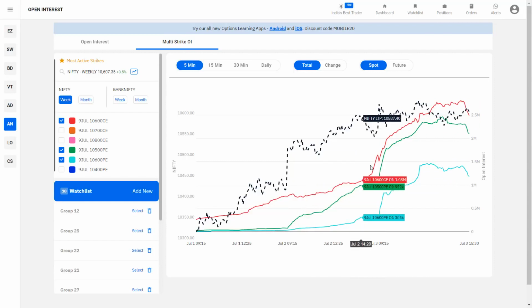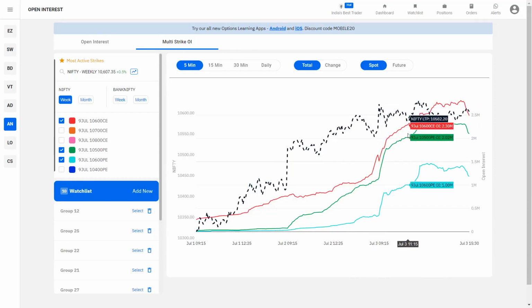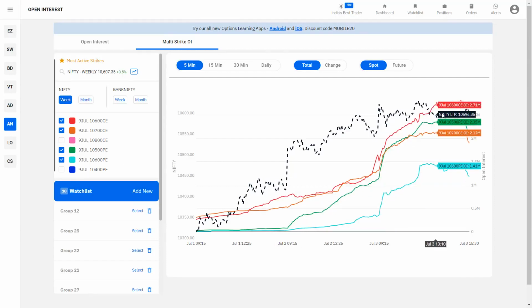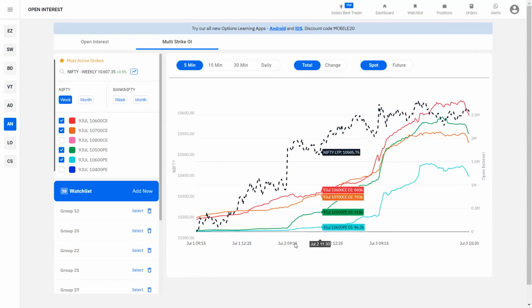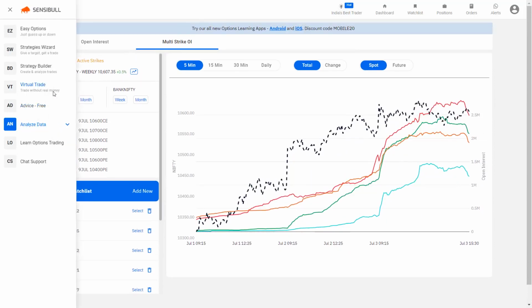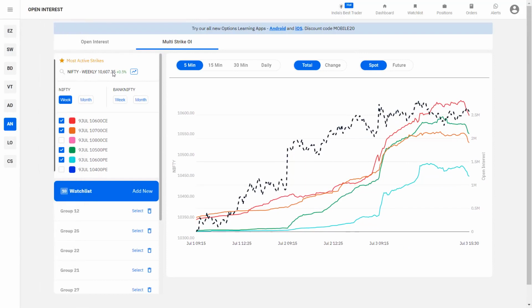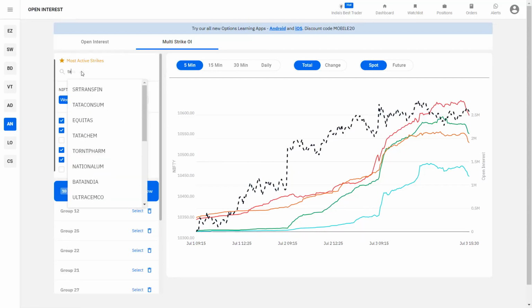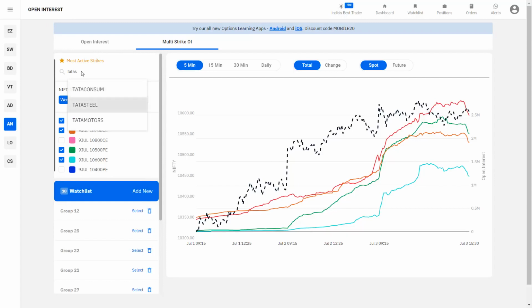So if you can see the call OI getting added a lot, you can assume that if any of these red lines go up, the market is weak, and if any of these greens go up, you can assume that the market is strong. You can look at it for any particular strike. So how do you access this? You can just type the strike here and you can again see the most active contracts for that particular strike.